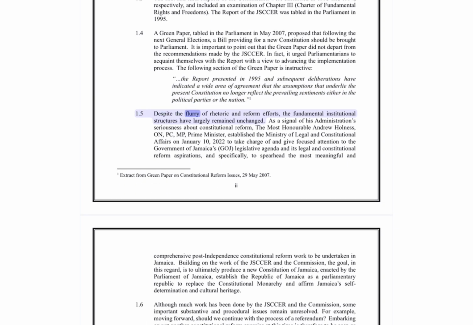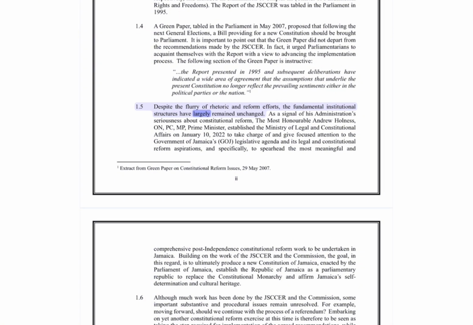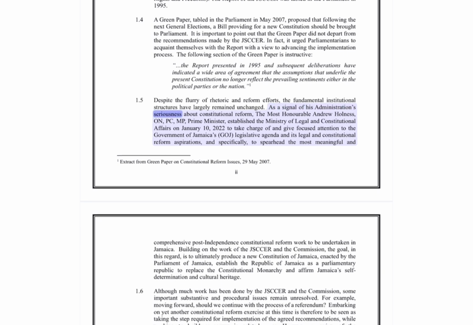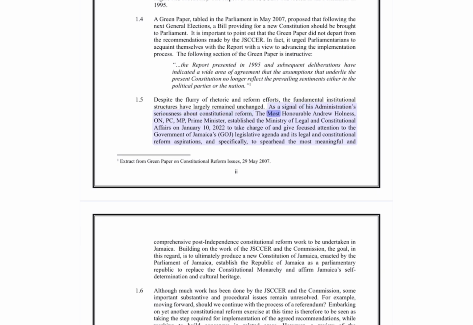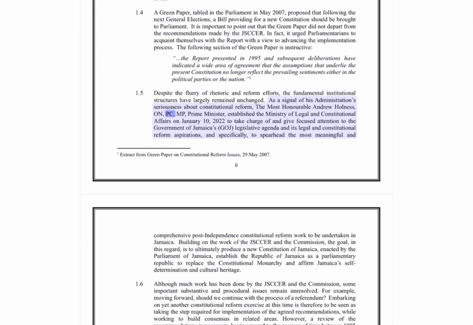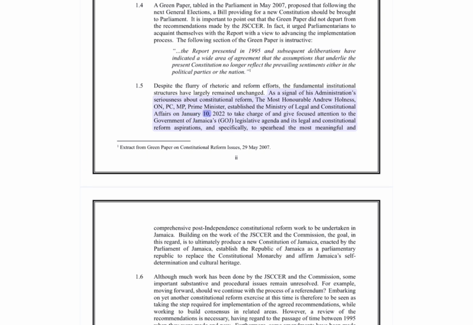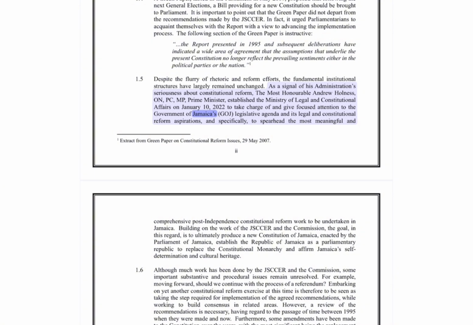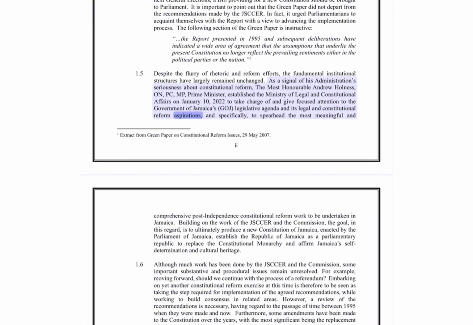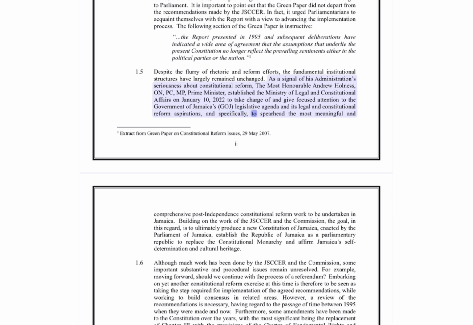1.5 Despite the flurry of rhetoric and reform efforts, the fundamental institutional structures have largely remained unchanged. As a signal of his administration's seriousness about constitutional reform, the Most Honourable Andrew Holness, ON, PC, MP, Prime Minister, established the Ministry of Legal and Constitutional Affairs on January 10, 2022 to take charge of and give focused attention to the Government of Jamaica's, GOJ's, legislative agenda and its legal and constitutional reform aspirations, and specifically, to spearhead the most